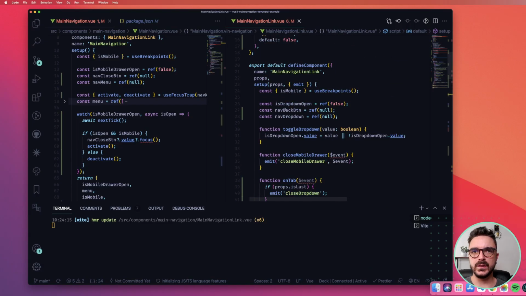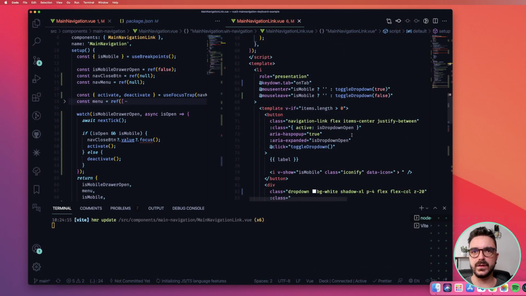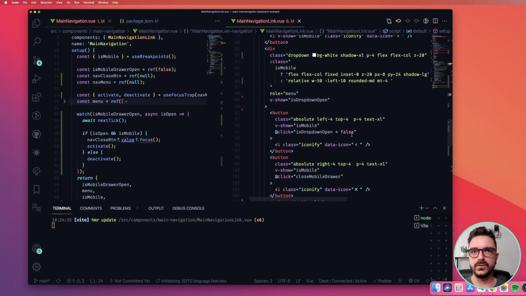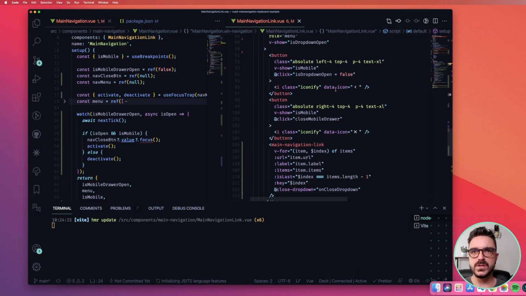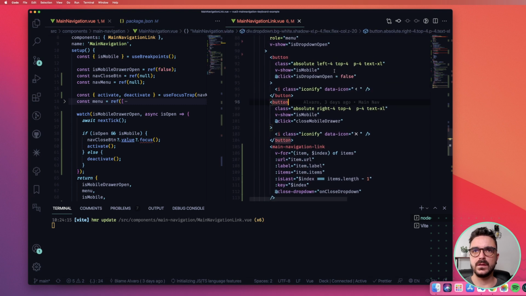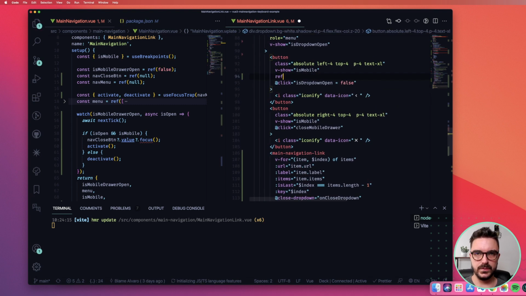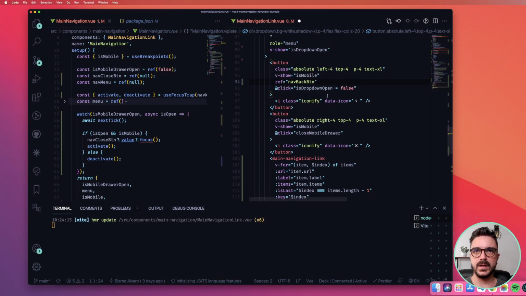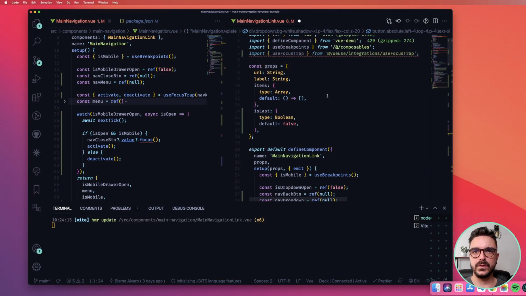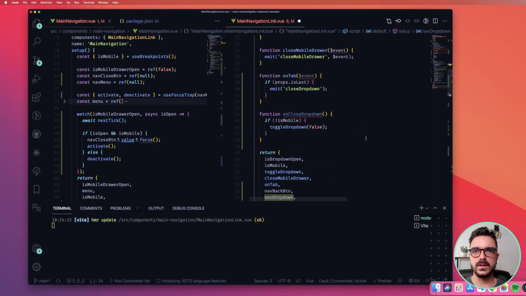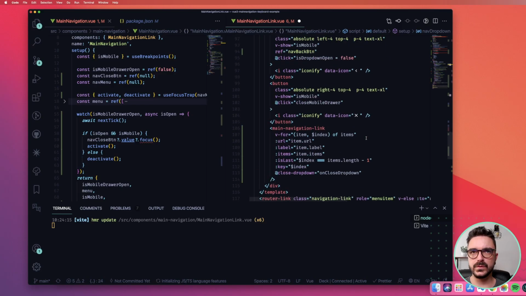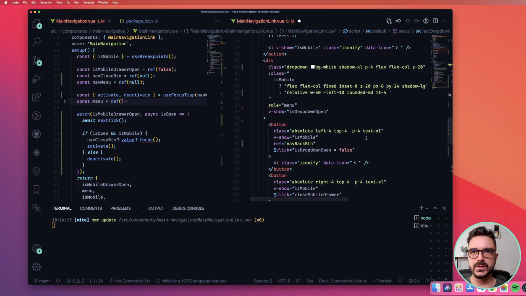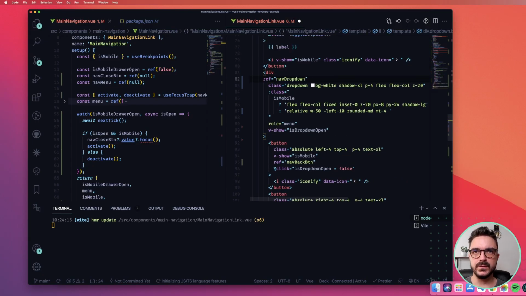And we will need to assign this template ref here. So we look for the button that goes back, which is this one. So here I'm going to put ref navBackButton. And for the other one it's that dropdown. To put the trap focus, we need to find it, which is the dropdown. So here we put ref navDropdown.